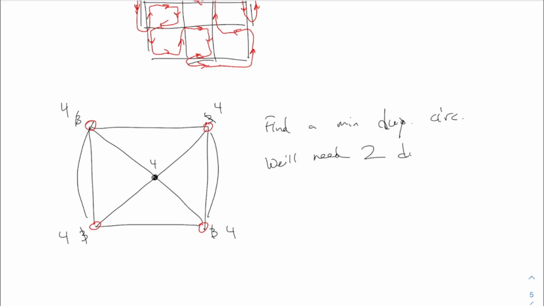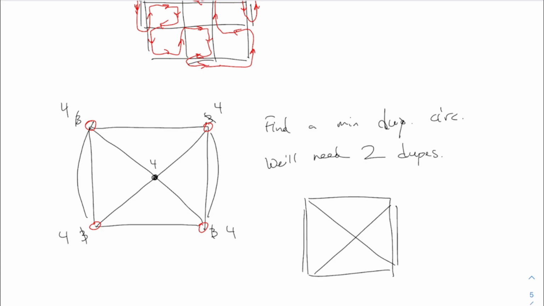2 dupes. Right? As I'm doing it, it'll be the left side and the right side. Although some of you, as I was walking around, did it on the top and the bottom, and that's fine too. So to actually draw my answer then, all right, this is my graph, keeping in mind that I'm going to do each of the 2 sides twice. I'll start up here maybe, and then draw my lines